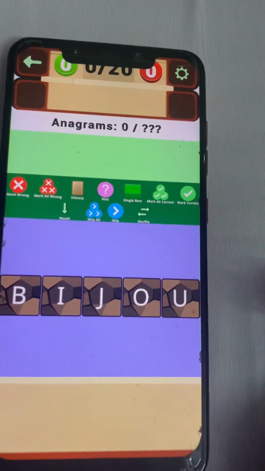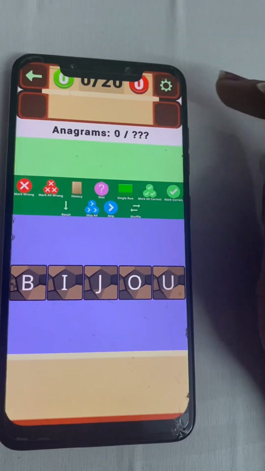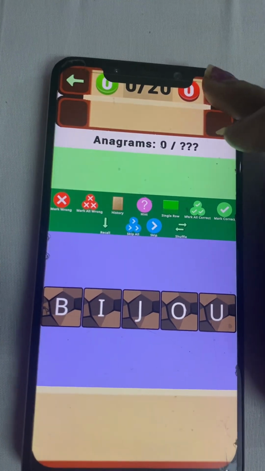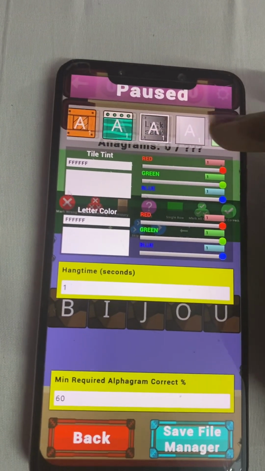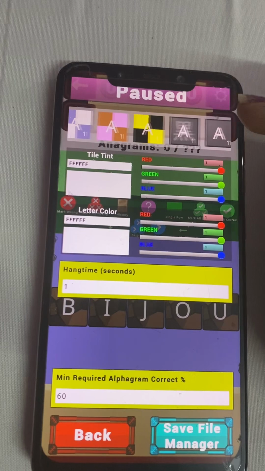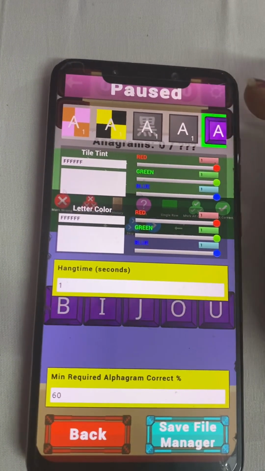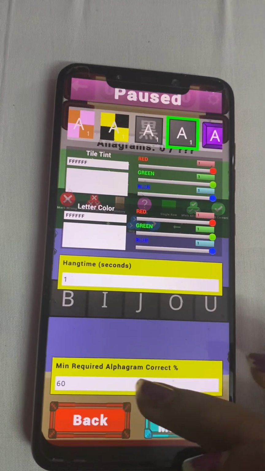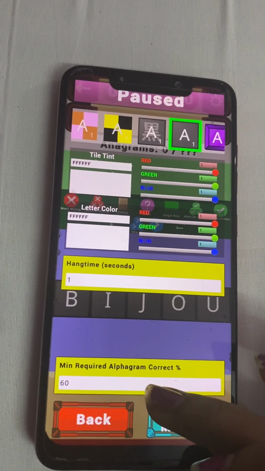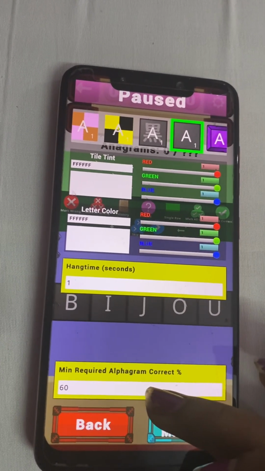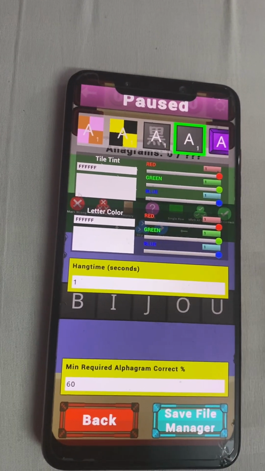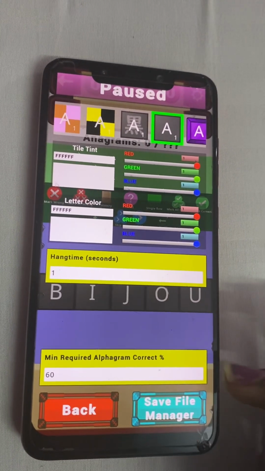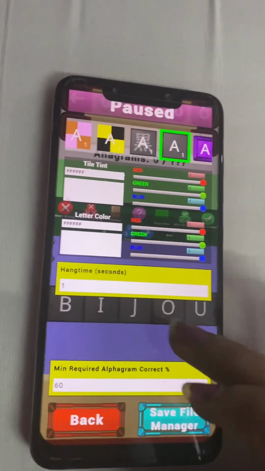So now here you have an interesting palette. I typically don't like this multicolored thing, so I go into this and use something fairly plain. You can also change the color hue to whatever you want. You can also say what is the minimum number of alphagrams required to get it right. So in an alphagram, if there are, let's say 8 words and you got 4 right, you still want to mark the word right. So that's what it typically means. I set it at a high 75%.